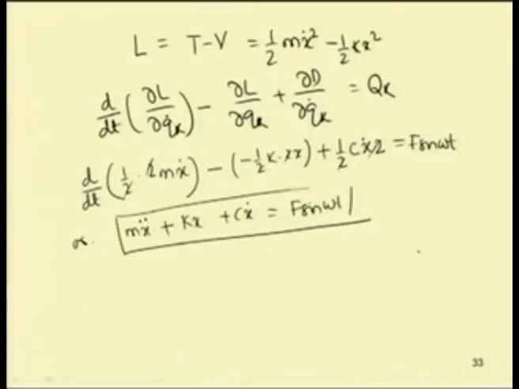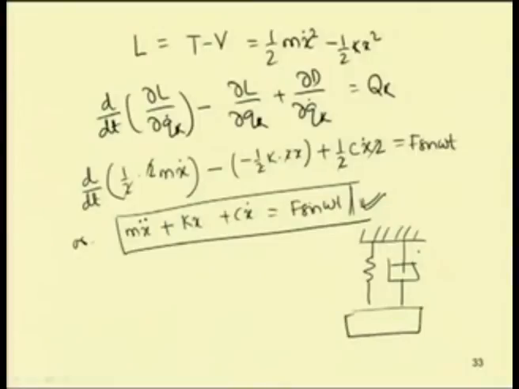So this is the same equation we have derived before by using Newton's second law. By using Newton's second law, or by using the Lagrange principle or Hamilton principle, for a simple spring mass system you can derive the equation of motion in this form. Now, here we have taken one linear spring. The spring can be made nonlinear for the case of a nonlinear system.